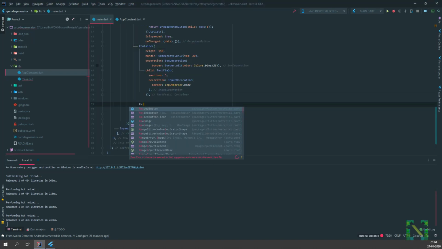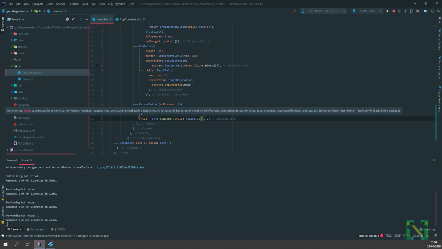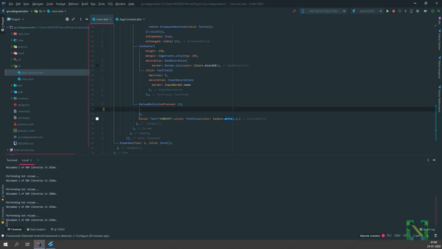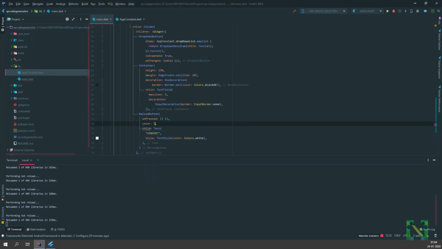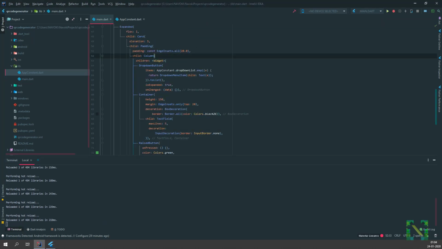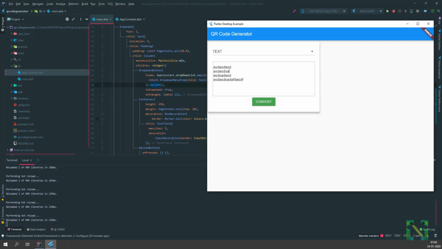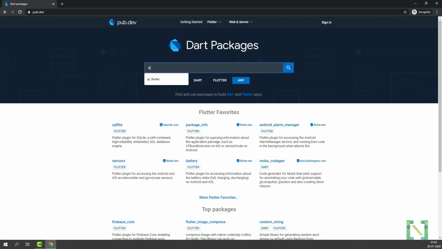Now we will add a raise button here, which on click will change the text to QR image. To generate the QR image in the application, we are using a Flutter package, QR Flutter.